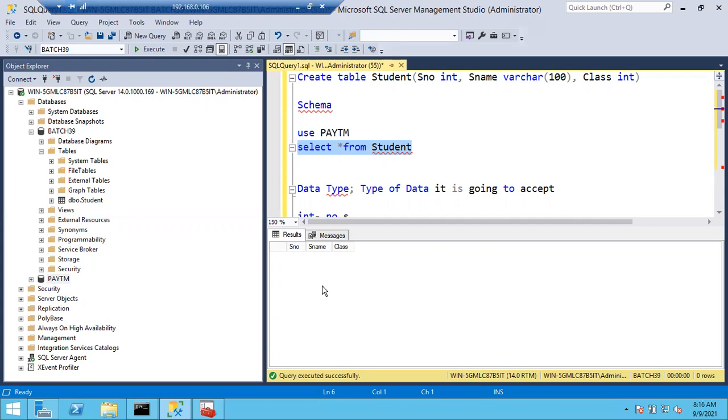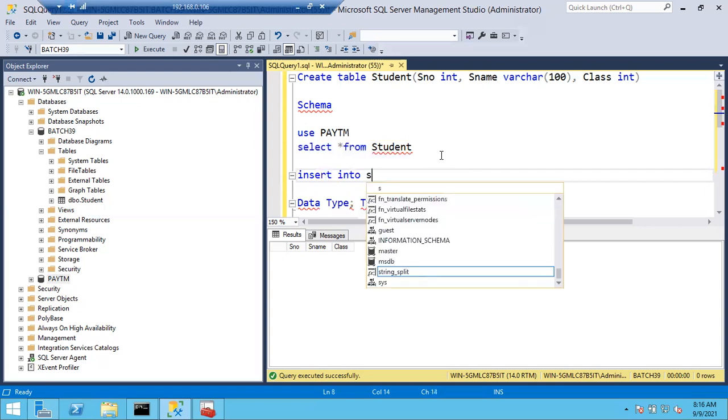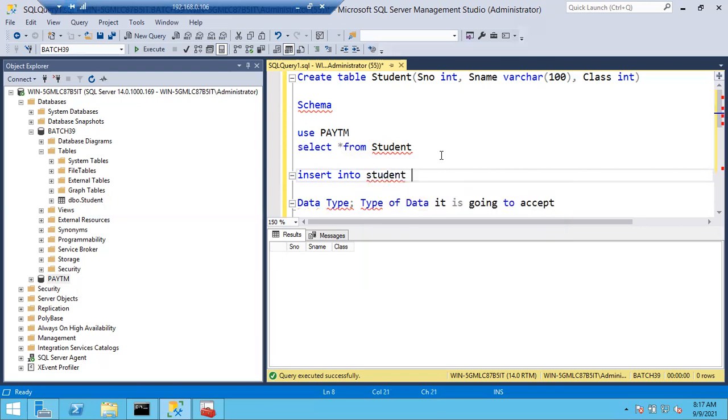Right. So I want to insert some data inside the student table. How can I insert it? There is a separate query for that. Insert into. You have to provide the table name, right? In which table you want to insert the data, you have to provide. I want to insert into the student table. Insert into table name values, and what all values you want to insert. Say for example 1, I'll start with 1. We'll go with some student numbers. Something like Ramu.